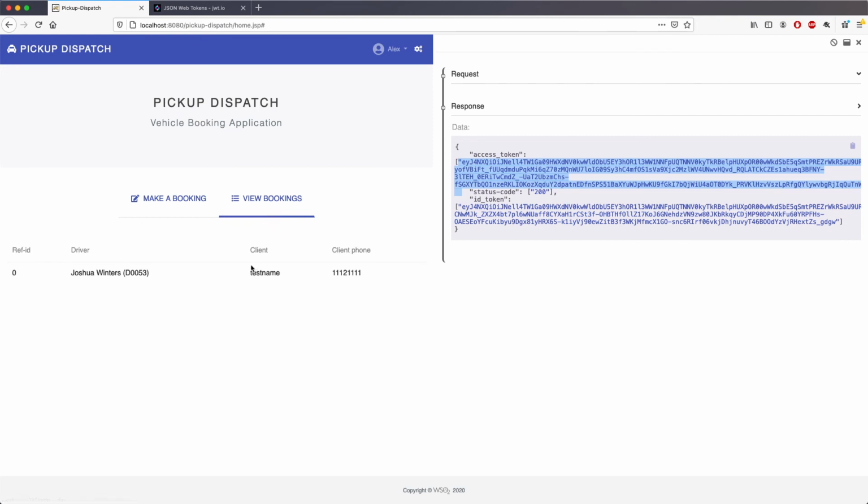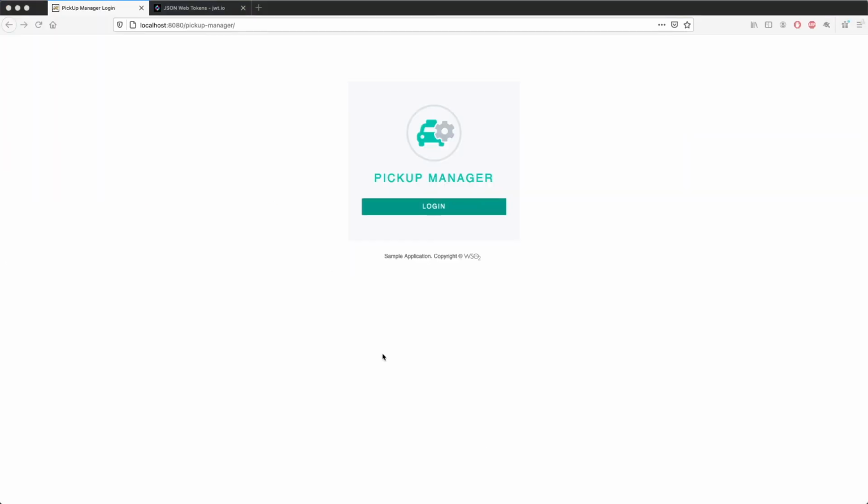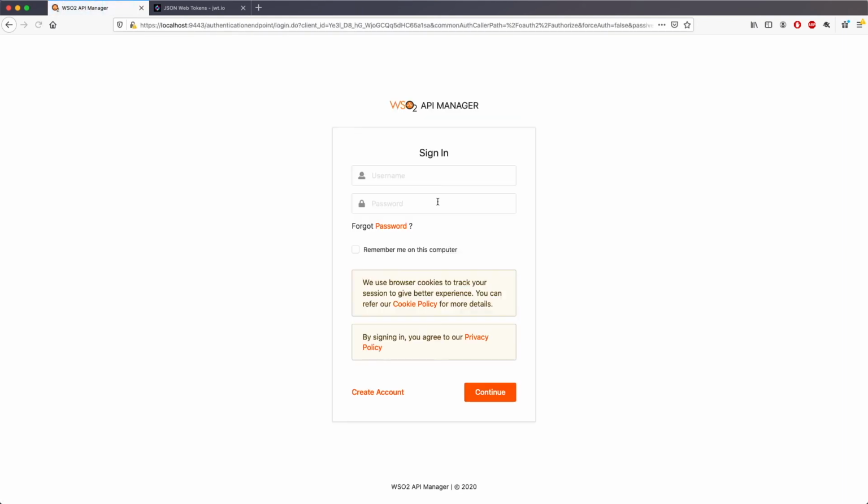But as mentioned, this particular role allows that user to log into the dispatch system to see the bookings that were made. So this is one way that you could control role-based accessibility. So this is the Pickup Manager. Now this is a very restrictive application, and generally Bob shouldn't be allowed to access the Pickup Manager, but only the management role should be able to access and perform the management-based actions in the Pickup Manager. So let's try to log in. I'll try to demonstrate that part.